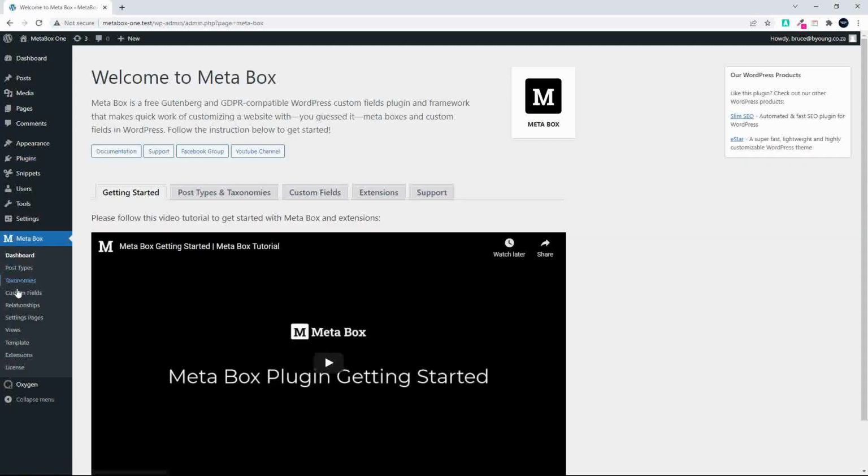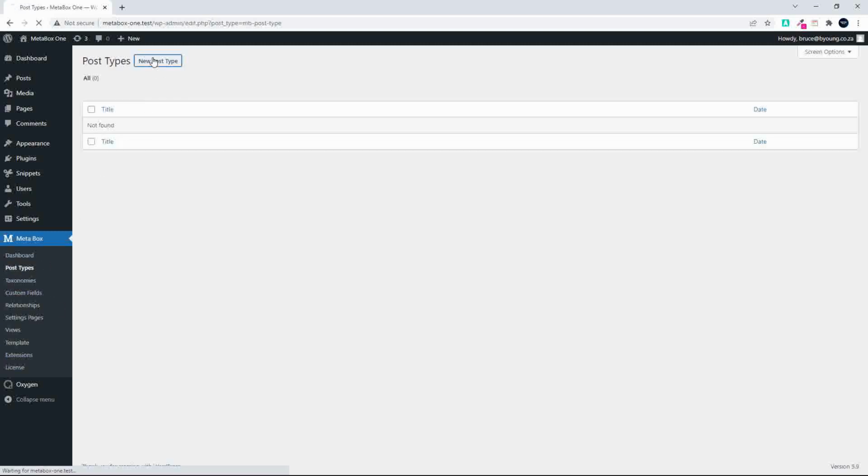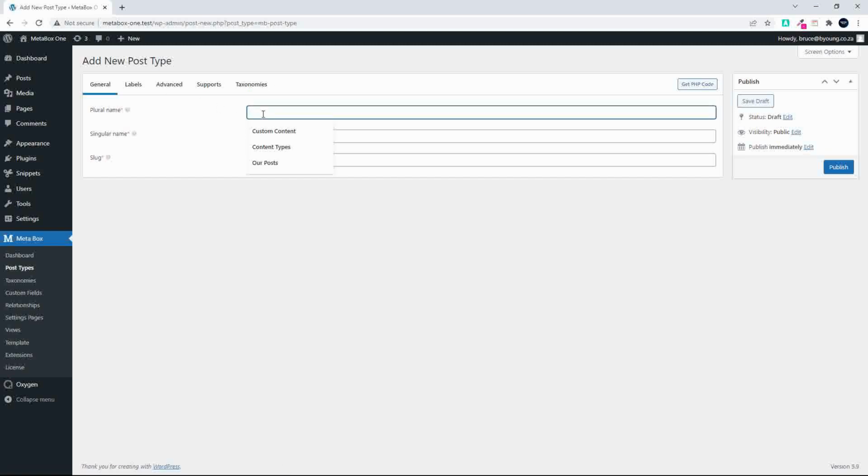These are the standard menu items, and we're just going to work with those to create this custom post type with some custom fields. Once we have the custom field set up and the custom post, we're then going to head over to Oxygen and set up the templates to show those custom field values. So the first thing I'm going to do then is head over to the post types, and we're going to create a custom post type, and we'll call this custom